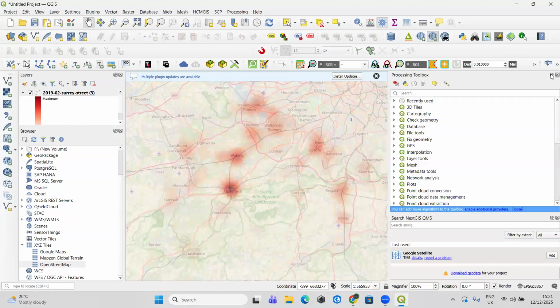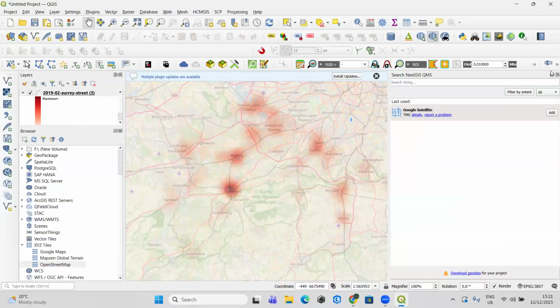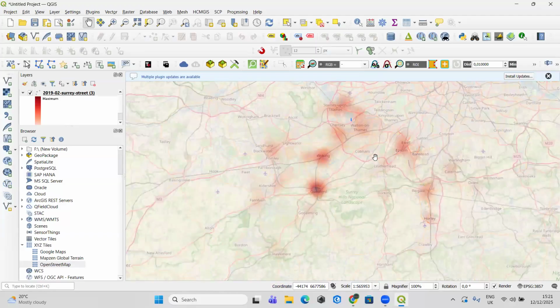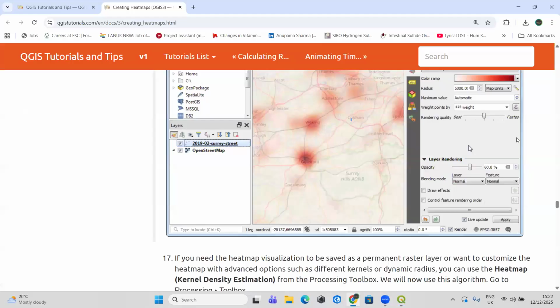What happened is you have visualized it in heat map form, but you have not created an actual raster. So if you want to pass this data on to someone else, if you want to give him a heat map, then